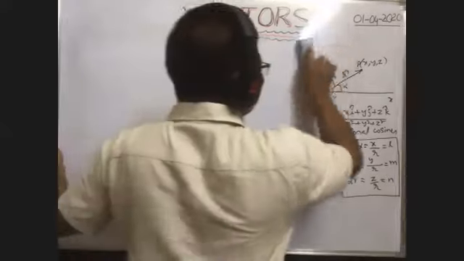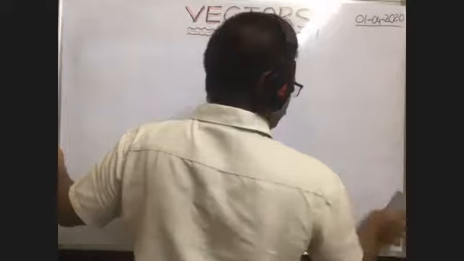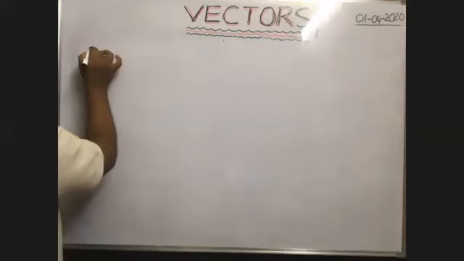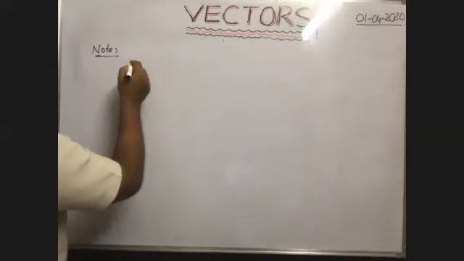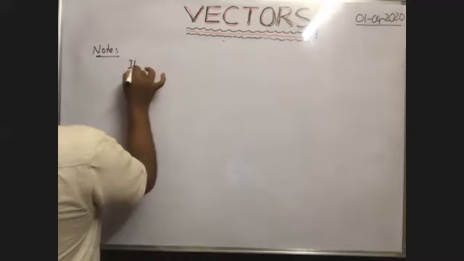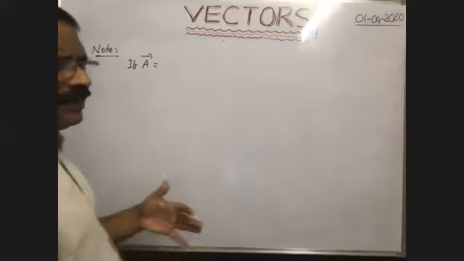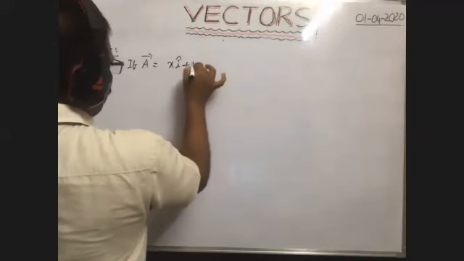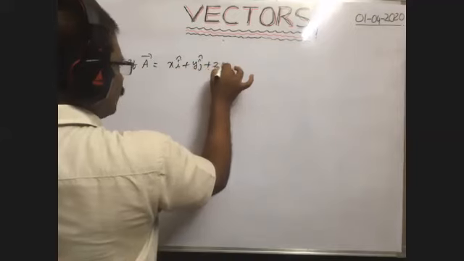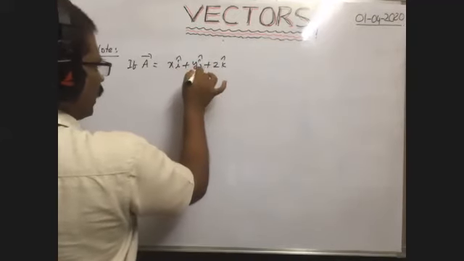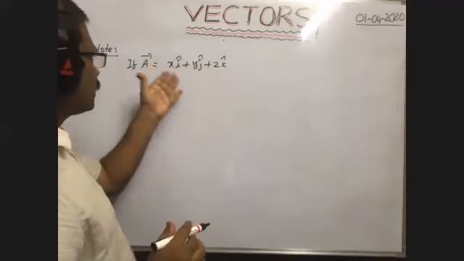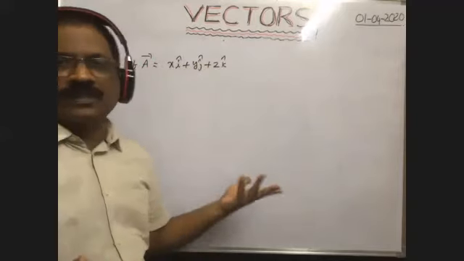Here, suppose in general, we are given one vector. Note this point. Here, if A bar is one vector, we can write any symbol, R bar, A bar, like that. Okay, if A bar is a vector, which is equal to x i cap plus y j cap plus z k cap, we can write like this, or ax into i cap plus ay into j cap plus az into k cap. ax, ay, az are the magnitudes of components of this vector along the x-axis, y-axis, and z-axis. So we can say like that.